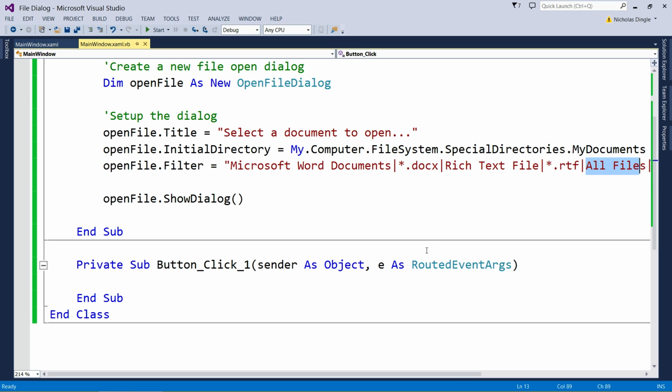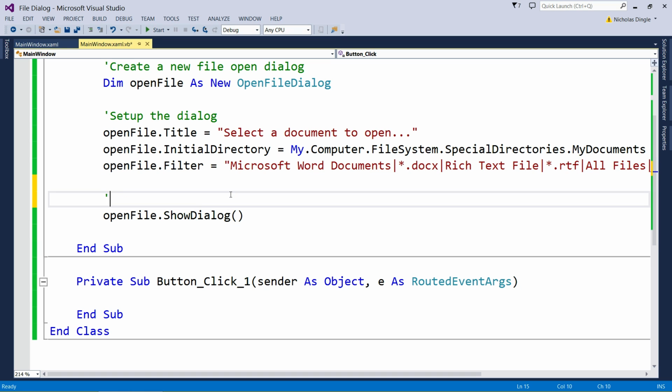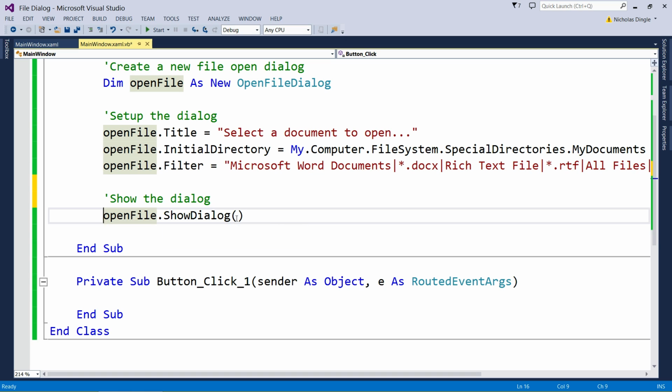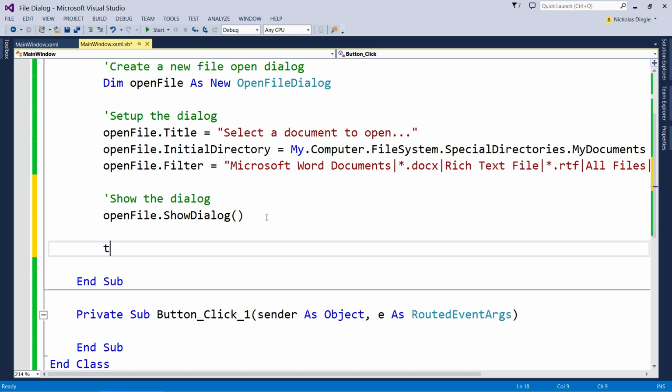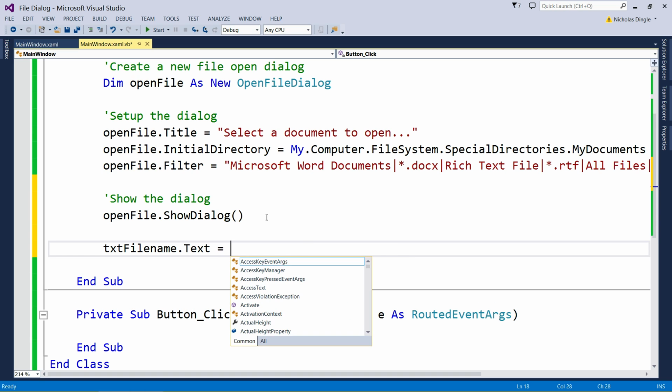Now, I've shown you how to set up the dialog, I've shown you how to do that kind of stuff. I haven't shown you how to properly show the dialog yet. This just simply opens the window, displays it, and when I press open or cancel, it just gets rid of the dialog, and most of the information is lost, in fact. Really, what I want to know is the file name that is selected. So if they click on that exercise, I think it was 2.1 computers, I want it to go inside my text box. So the easiest way to do that is just to go the text file dot text equals